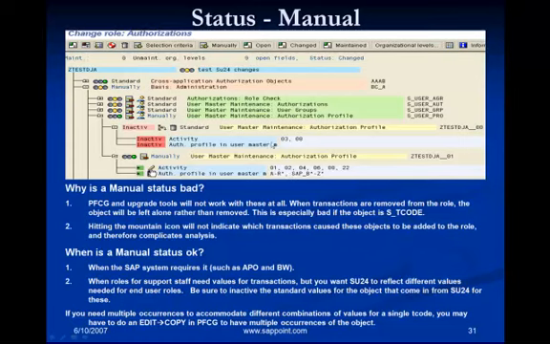Now in this case it defaulted with 03 and 08, but you didn't want that, so by clicking on this inactivate icon, you deactivate the object and insert that object again manually and maintain your own values. In that case, it's okay. Or if you need multiple occurrences to accommodate different combination values for a single T code, you may have to do a copy. So you can use the copy icon and maintain multiple occurrences for the authorizations for that object.